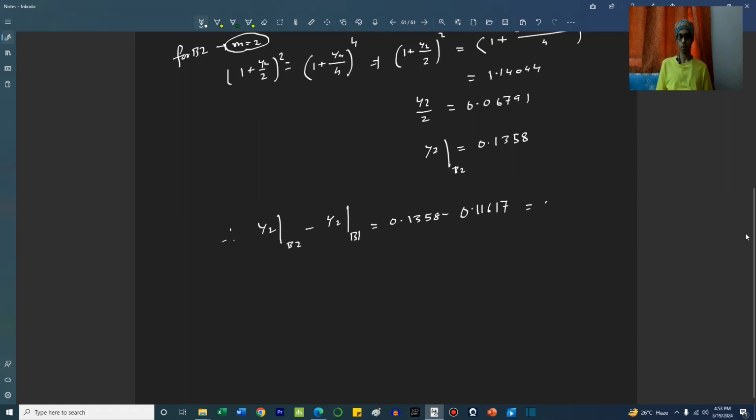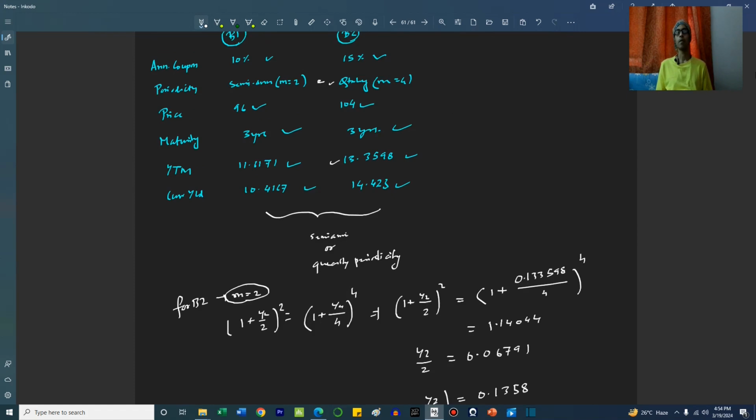This is equal to 0.01966 approximately, which means 1.966% or 197 BPS approximately, 197 basis points, right? Now we convert